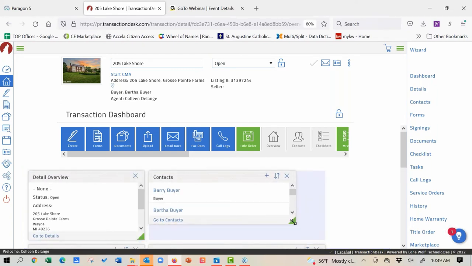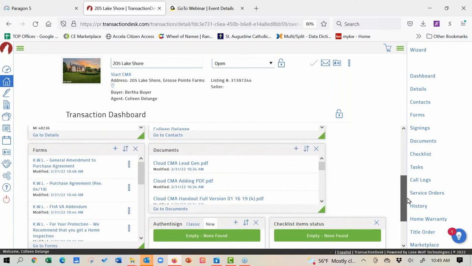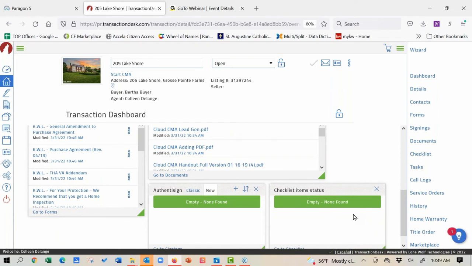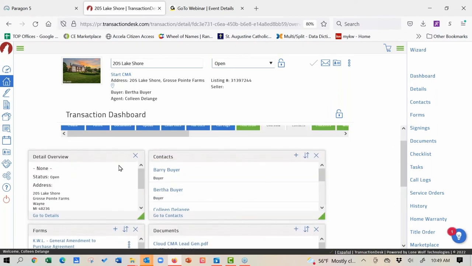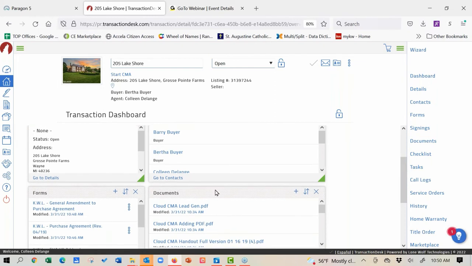By the way, you can make these boxes smaller or larger. You can tweak it so it looks just like you want. If you have something on there that you don't want, you can also simply click the X and remove it. The ones I do recommend you have are the overview, which gives you the detail, the contacts, so you can quickly add an attorney or add a contact, forms and documents, pretty important, you want to have both of those,